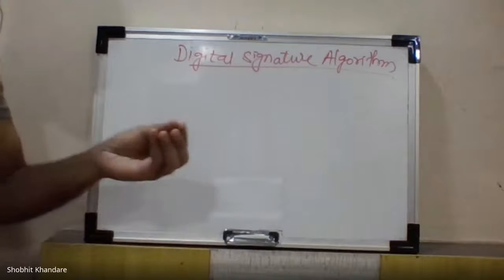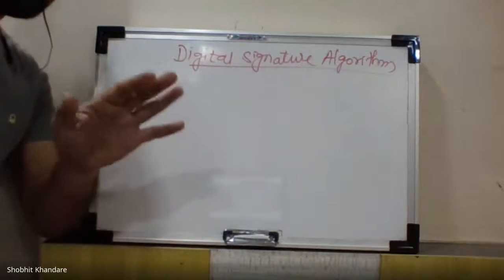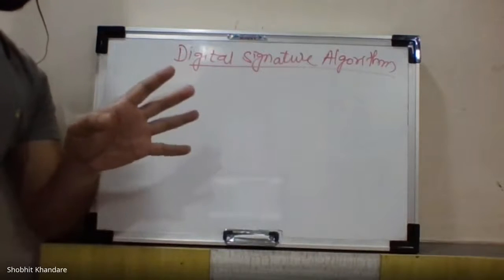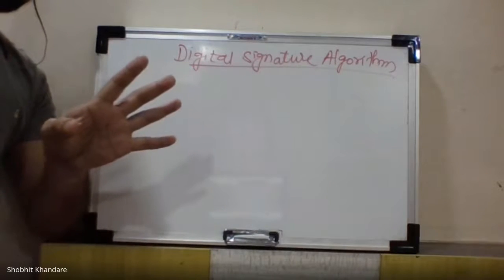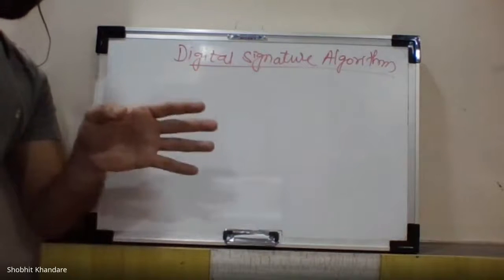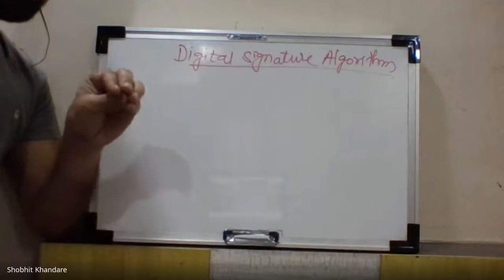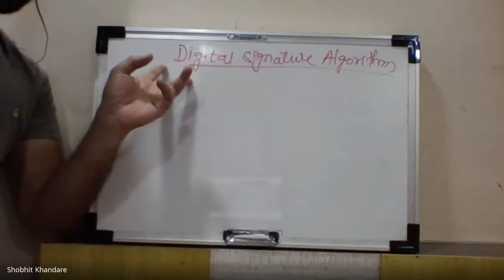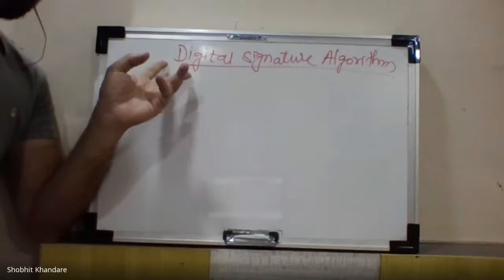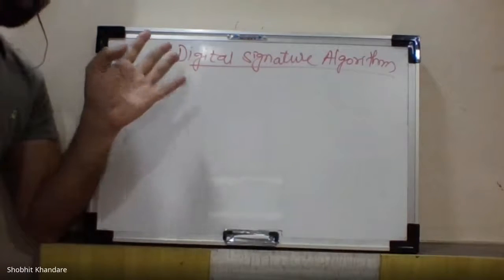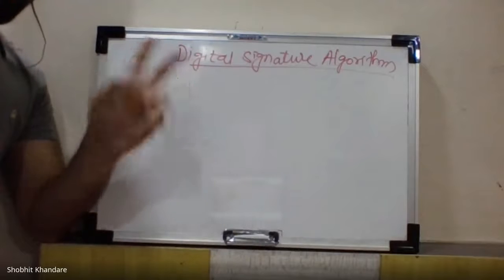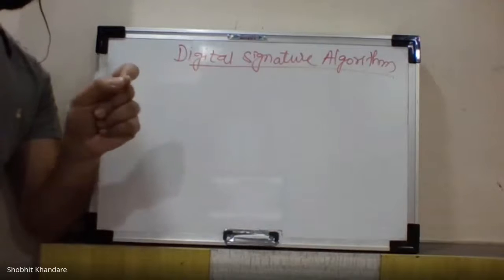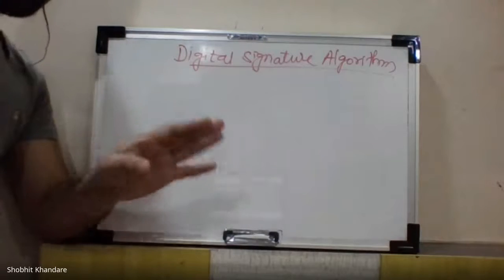As far as the private key is concerned, it is available only with the individual users, and the public key is available in the network throughout. So every user has the public key. If I am encrypting a message by using the private key, then that is the digital signature process. So what is the digital signature process? What are the two different approaches we have? Out of these two, only one approach, the DSS, is in your syllabus. We will see everything today.